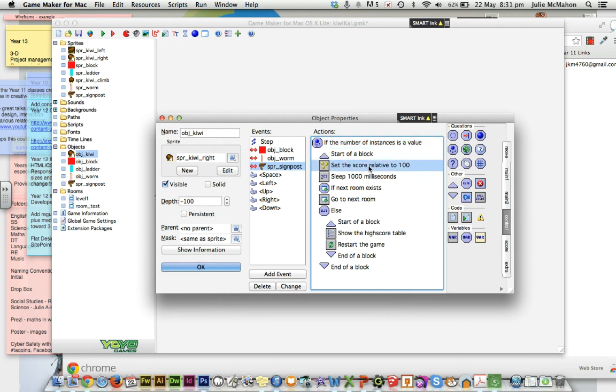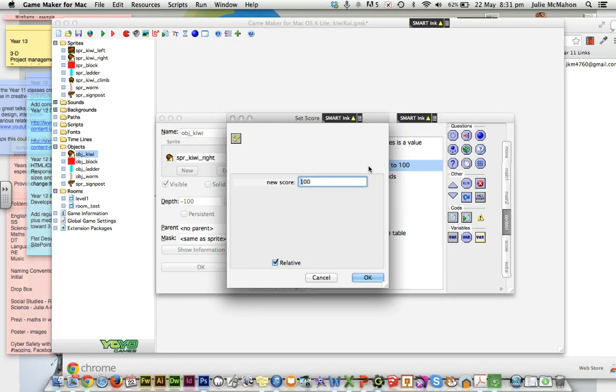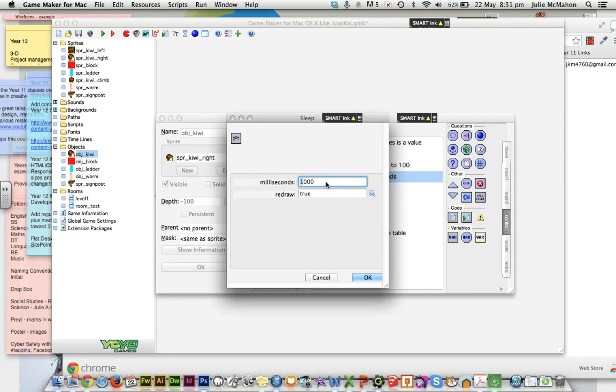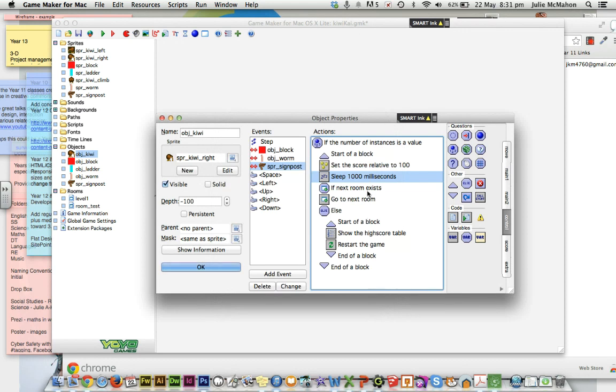The Kiwi gets 100 points, so we do a set new score relative. So it's adding 100 points to the score. Just to have a little pause, we add that sleep. So sleep for 1,000 milliseconds or 1 second. And then we do another little test here. This is located in the main 1 tab under the rooms. So we're testing to see if the next room